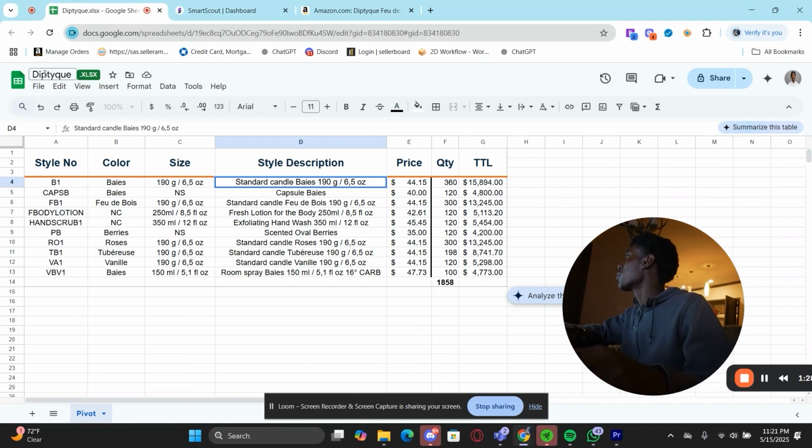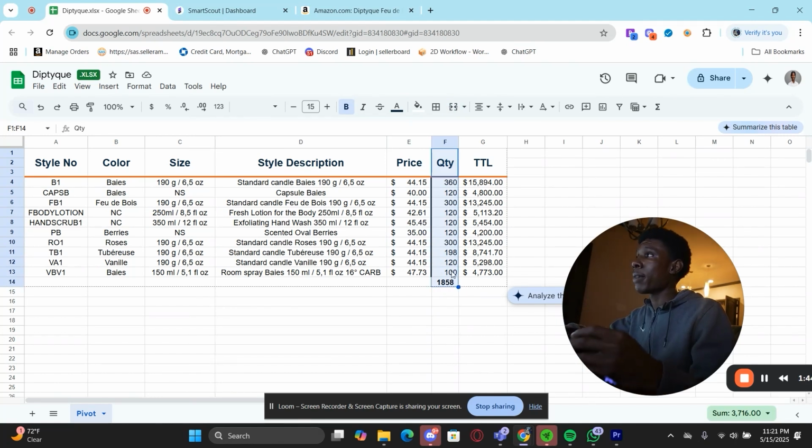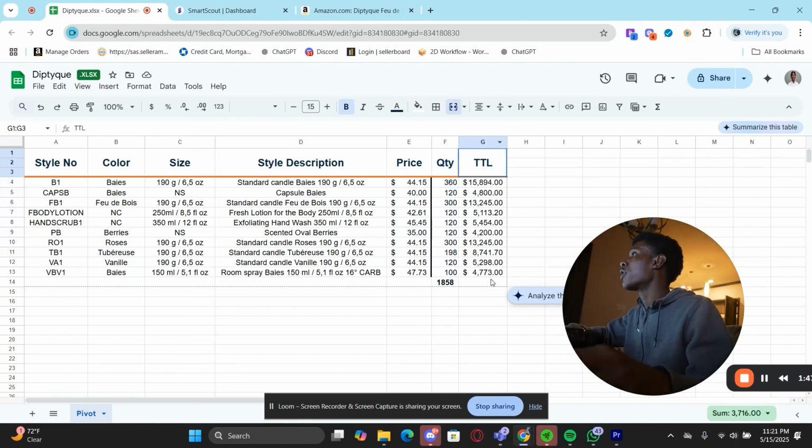The first thing you see is we have our name brand up in the top. It shows our style number, our color, our size of the particular product. As you see, there's a couple of different sizes in here. This is 5.1, while this is 6.5. The style description, price of each product, the quantity that they currently have available. And to be honest, if we need to get more, they can always get more,